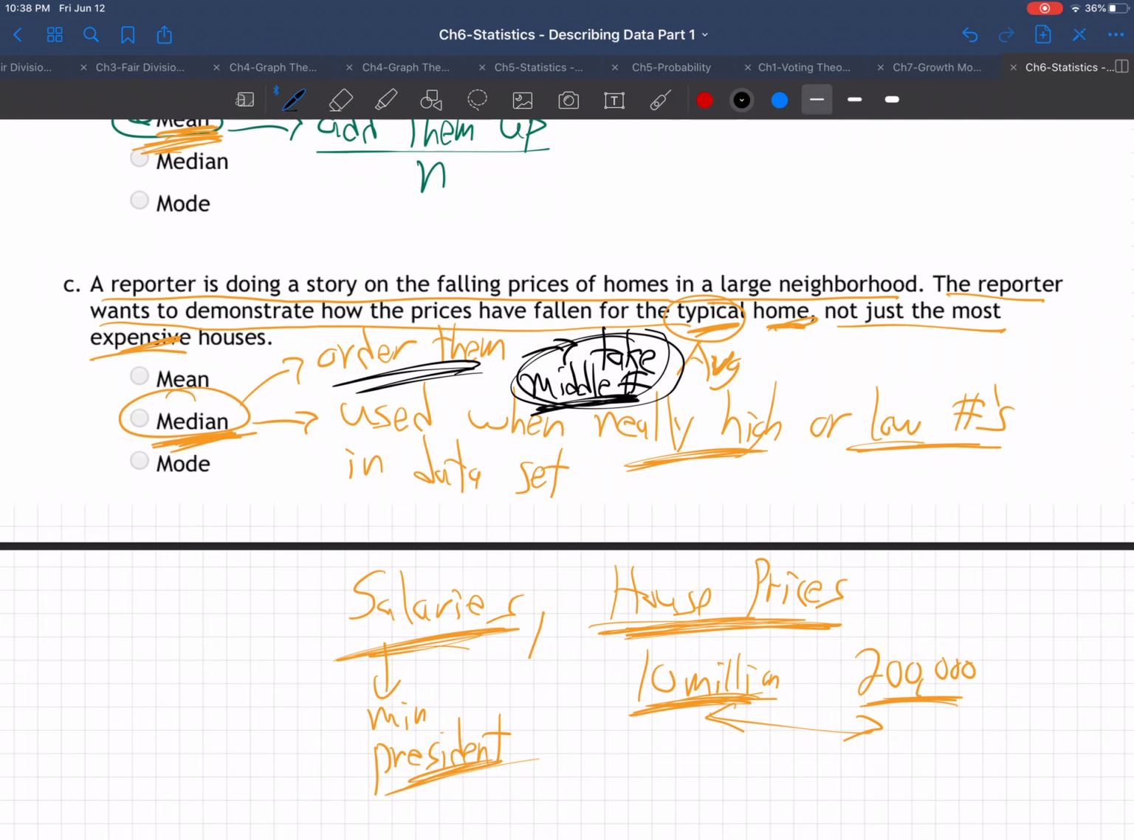You're not adding them up. That's what we do for mean. And there are some appropriate times for that. But for data sets that have really high or really low numbers like salaries or house prices, you'll notice whenever you watch the news, they always use median. They'll talk about the median house price because that way it's not affected by the really high and really low numbers. It's just the number